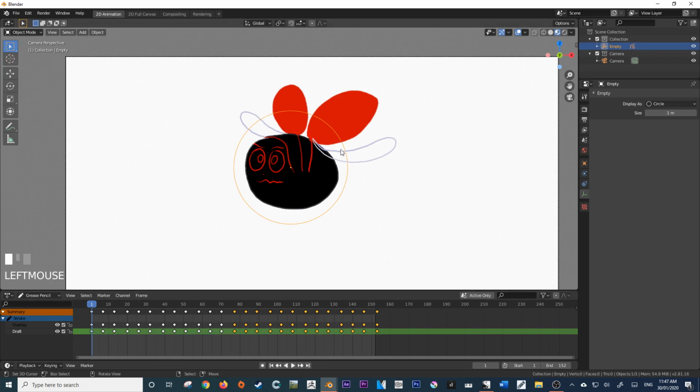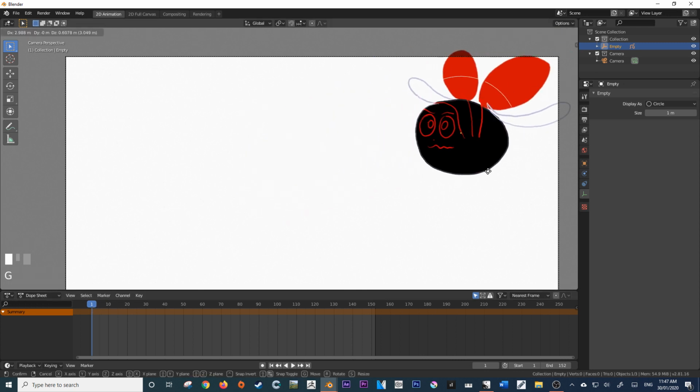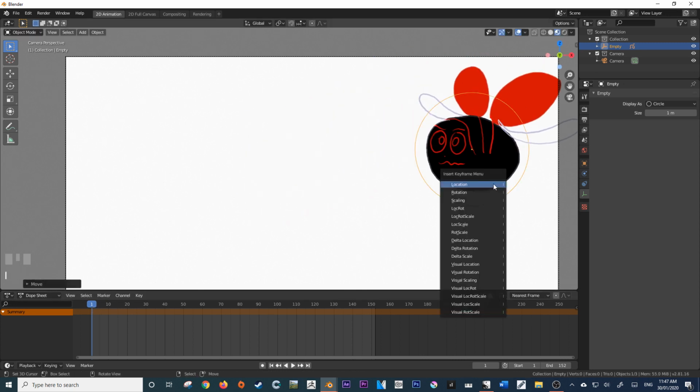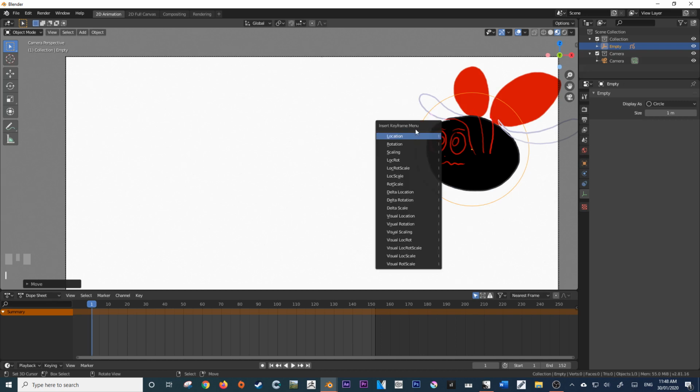So to animate 2D objects within Blender in a non-2D software, we have to change our key type from grease pencil to dope sheet. And I'm just going to set my keyframe here. I'm moving it, and then I'm pressing I to insert a keyframe.